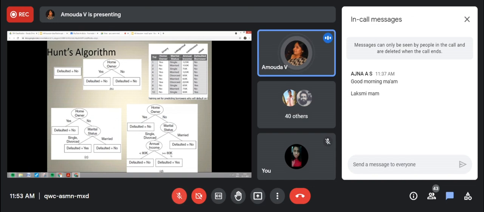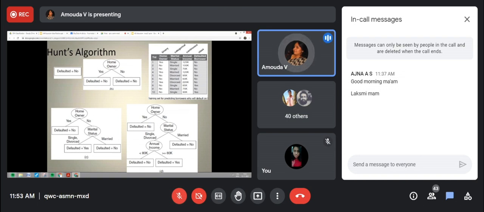If the value is less than 80K, we say default no. If it's greater, look here, if he has a house, defaulted no, just leave that as a leaf node.